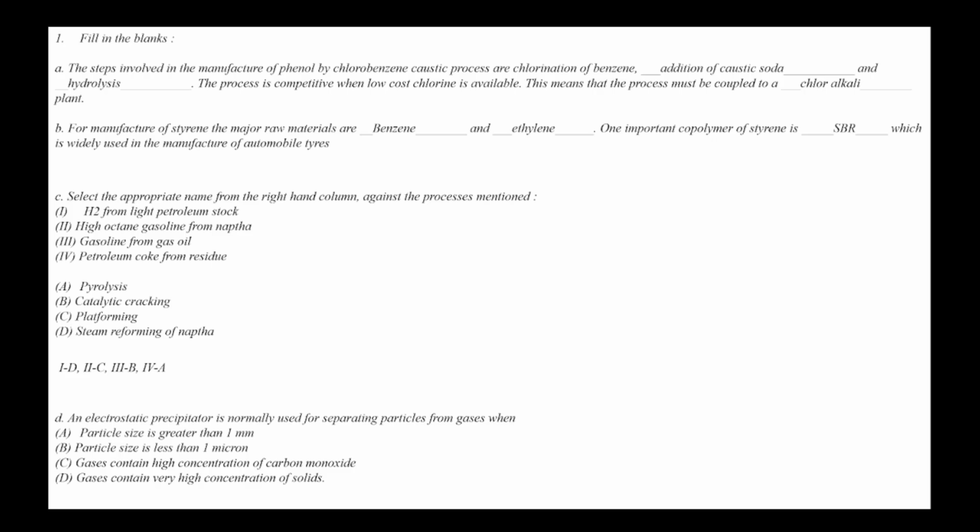Steps involved in the manufacture of phenol by chlorobenzene caustic process are chlorination of benzene. Then we have a blank, and then another blank. The process is competitive when low cost chlorine is available. This means the process must be coupled with the blank. So the blank will be filled by the addition of caustic soda, hydrolysis, and chloralkali, and the process is from